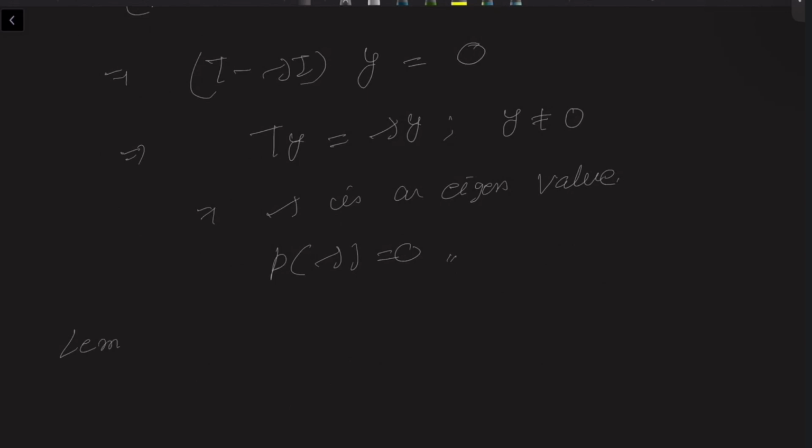So the lemma tells us that the roots of the minimal polynomial m and characteristic polynomial p are the same. Now, one thing to note here is that we are not talking about the multiplicity. We are just saying that if 2 is a root of the characteristic polynomial, then 2 will also be a root of the minimal polynomial. We are not saying anything about the multiplicity, that is, if 2 has occurred 2 times in the characteristic polynomial, then it doesn't